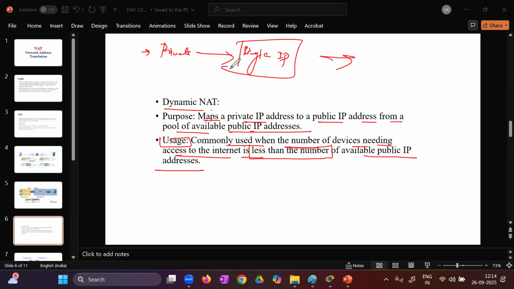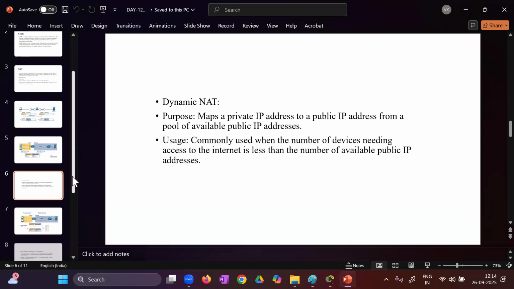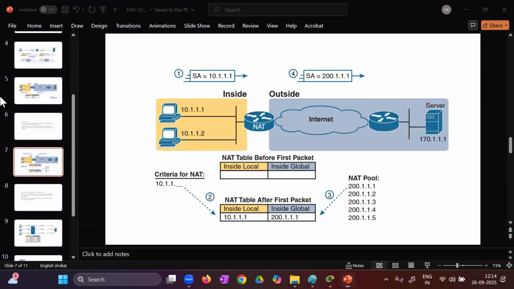That's why, compared to this, the most efficient is going to be PAT, right? So same, this is having a source IP, destination IP, server. These are all my private IP addresses, and every time my IP changes. As soon as I change my private IP, my public IP keeps on changing because of multiple different public IPs. So this is the example of what? Dynamic NAT,